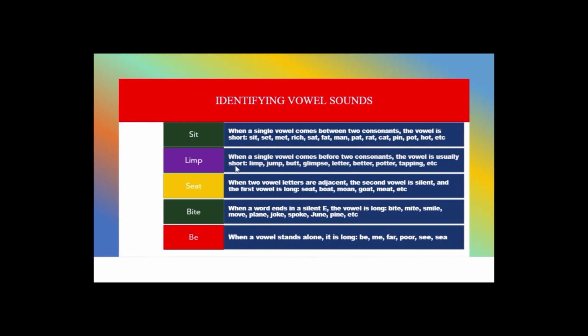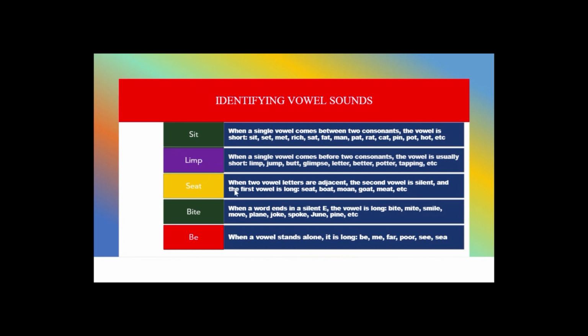Rule number two, when a single vowel comes before two consonants, the vowel is usually short. For example, the word limp in L-I-M-P, the vowel comes before two consonants, M and P, and so it is realized as a short vowel. Examples include limp, jump, glimpse, letter, better, potter, tapping,